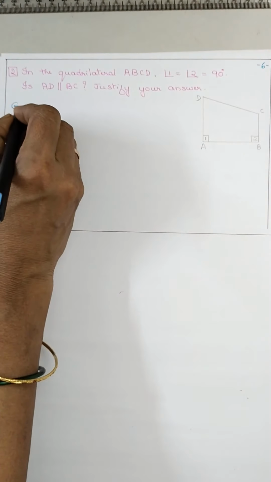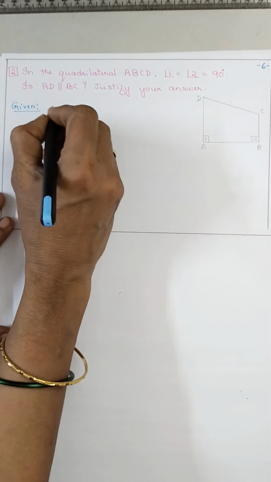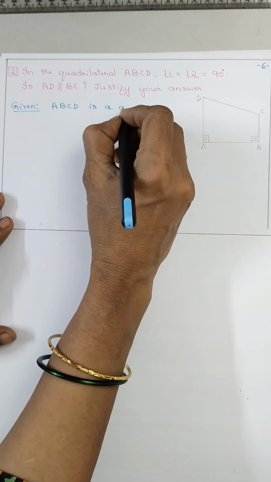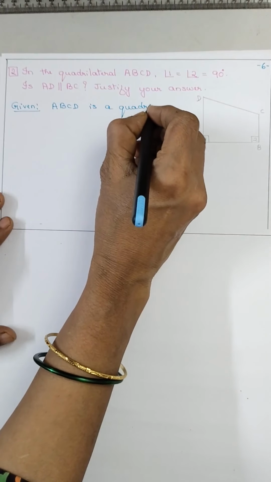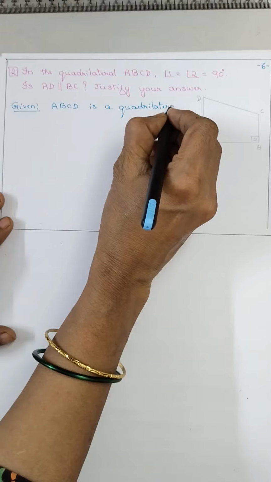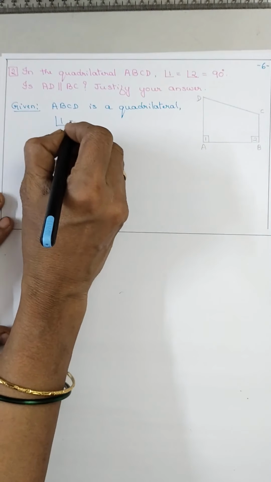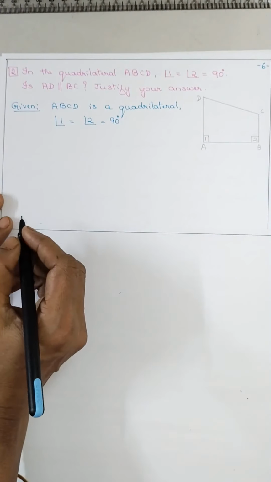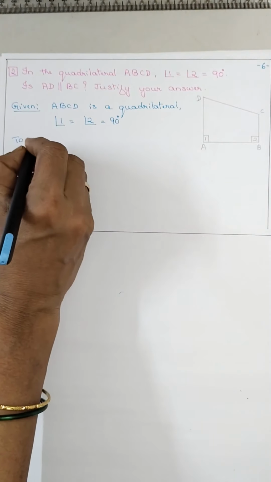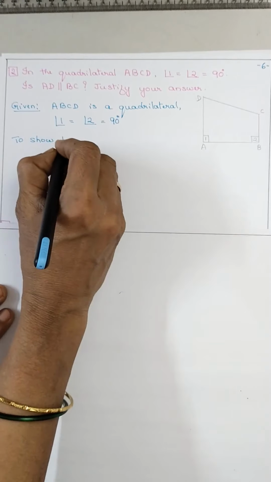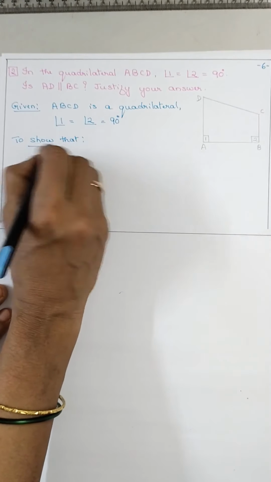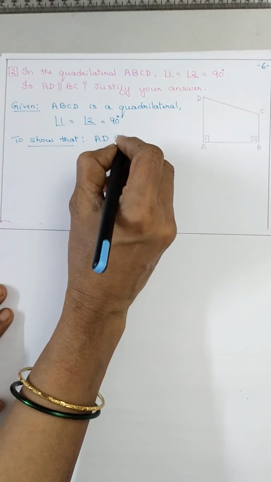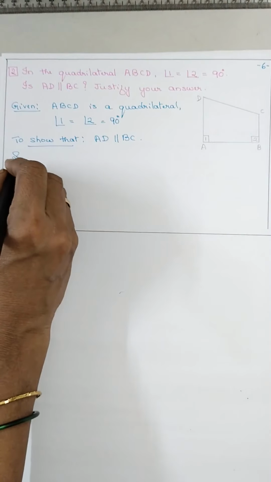So, given: ABCD is a quadrilateral and angle 1 is equal to angle 2 is equal to 90 degrees. Now, to show that AD is parallel to BC. Solution: